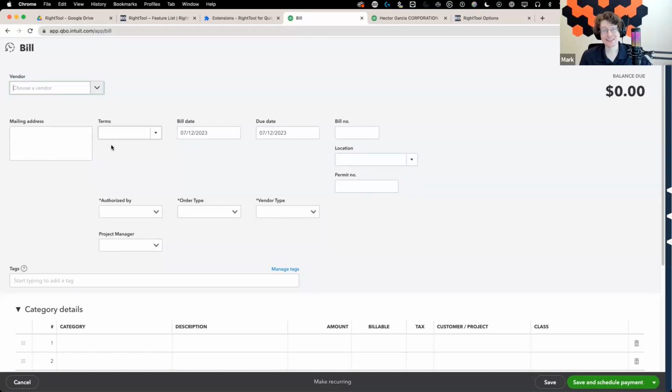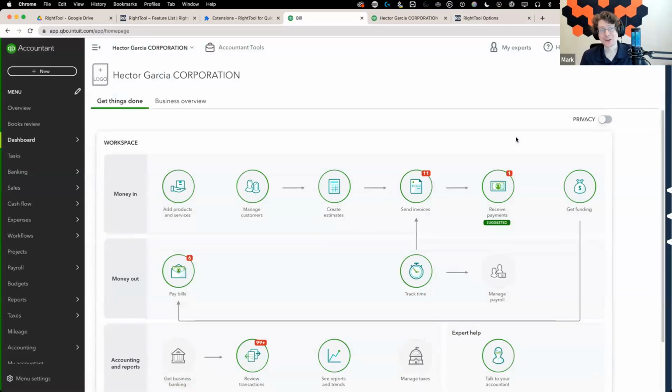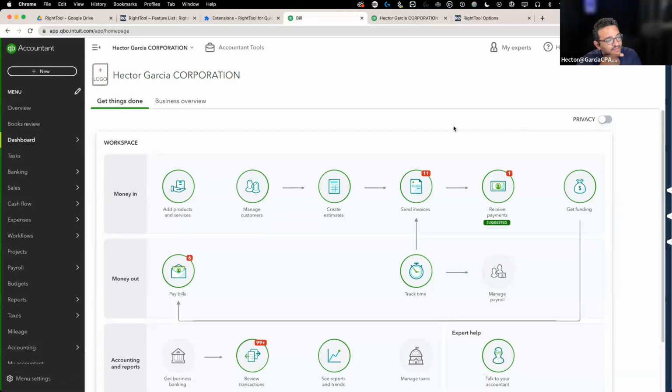Fun fact about this. Oftentimes the hardest thing to program in here is focusing the keyboard or the cursor on something. I don't know why, but QuickBooks just does not want me to focus things. So exactly. It's funny. Exactly, and the other thing is that I think it's important